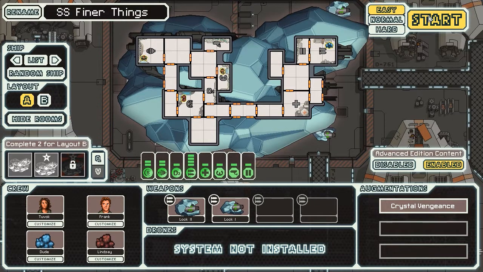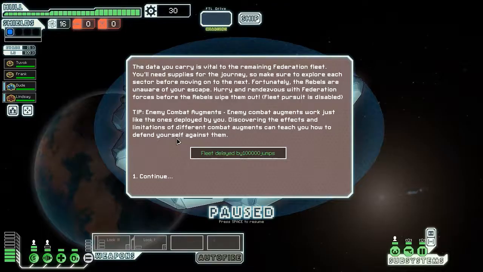So I'm going to do a few jumps. Actually, you know what? No. Yeah, let's do a couple of jumps. So as you can see, fleet delayed by 10,000 jumps, which means they aren't even going to be coming after me at all. So, the data you carry is...